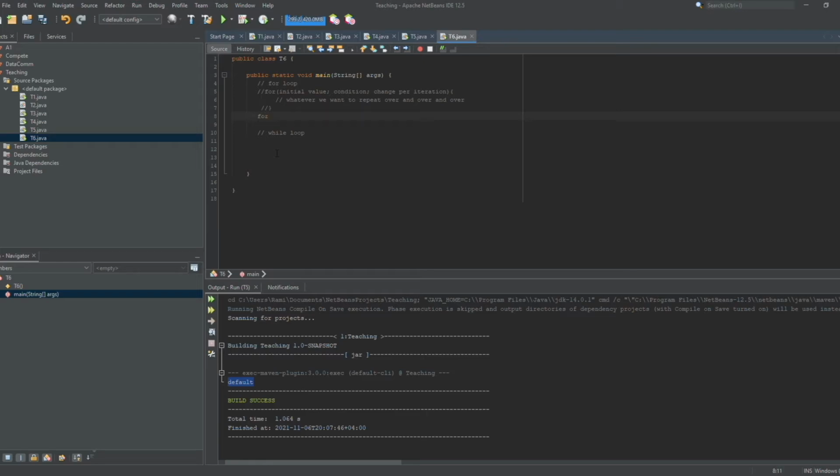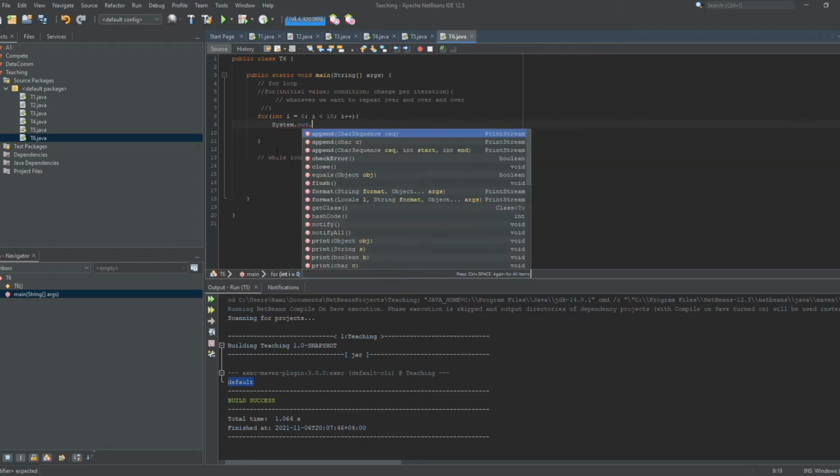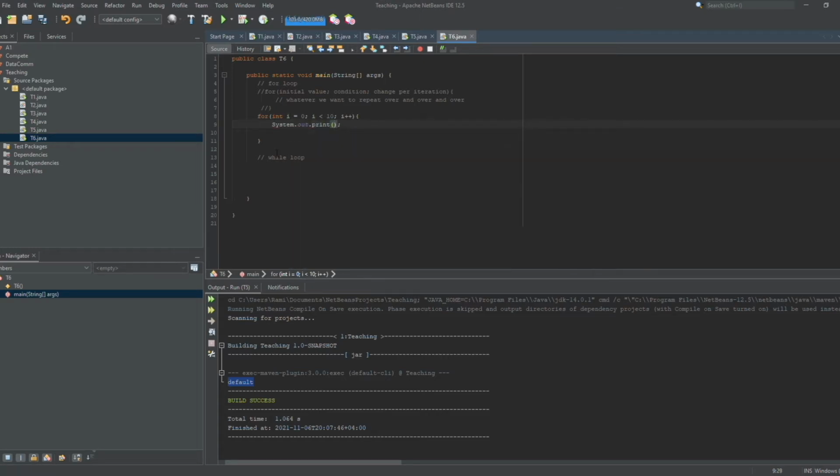So let's take a quick example: for integer i is equal to 0 first, then i is less than 10, i plus plus, then System.out.print i with a space. So before running the code, let's try to understand or try to mimic what it will